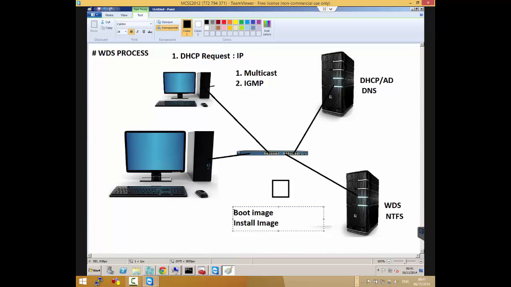But what's the whole purpose? Why do we need two images? Why not just have one install image? I was thinking about that when I read about this. I think the boot image is basically a centralized way. It gives you a pre-installation, pre-boot environment to boot up your system, and it's important for your network boots because that's the first image it comes to look at.